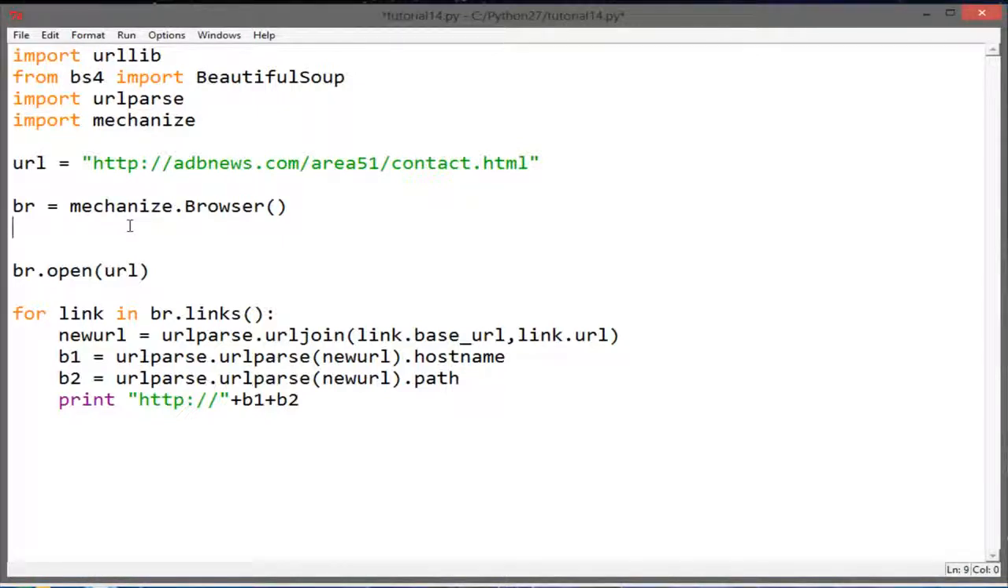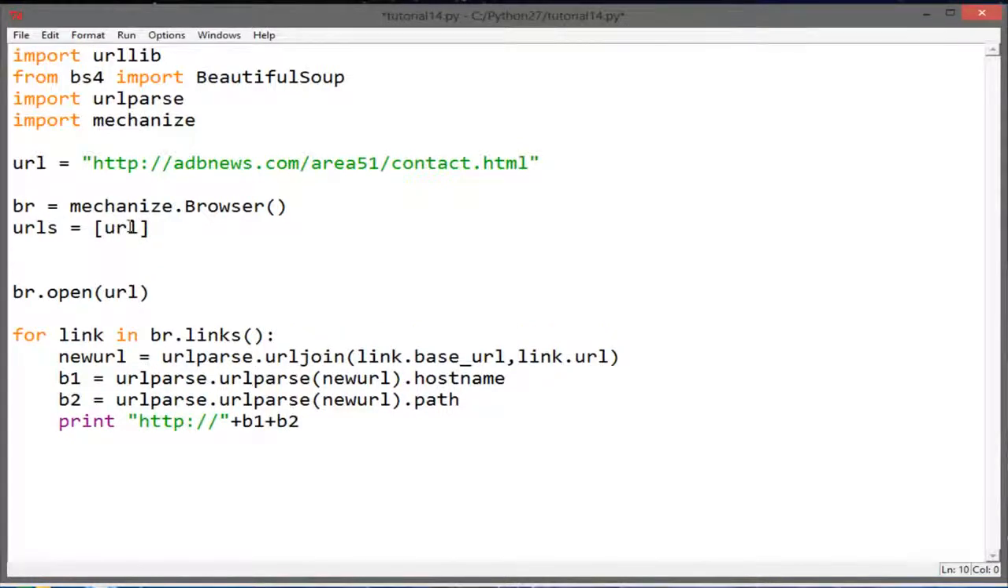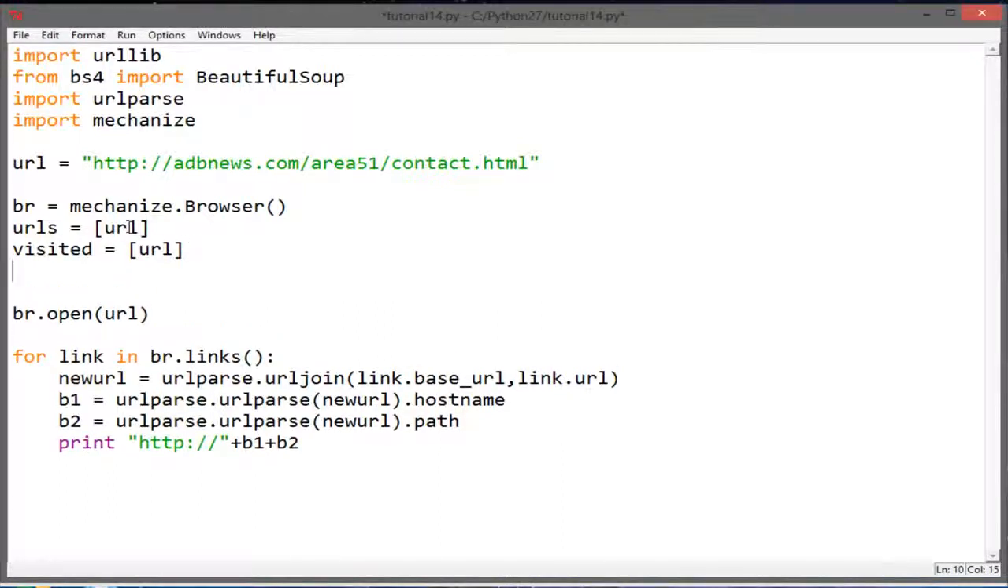br.mechanize browser, we'll add URLs equals an empty array with URL in it, and we'll add visited equals URL as well. Next we'll say while length of URLs is greater than 0. So basically, while we still have some leads to scrape, we'll say